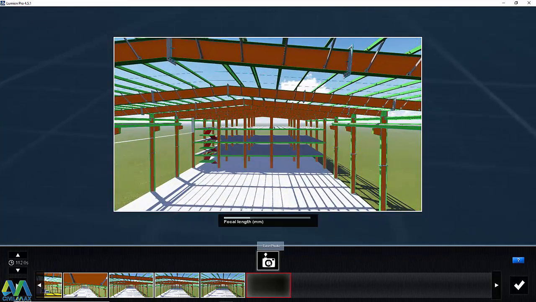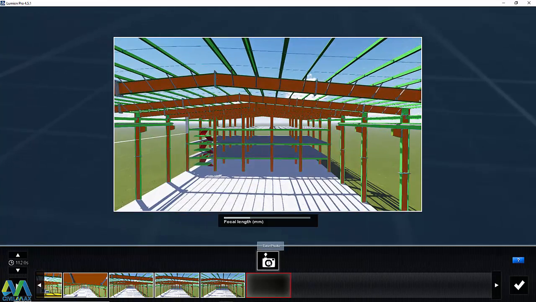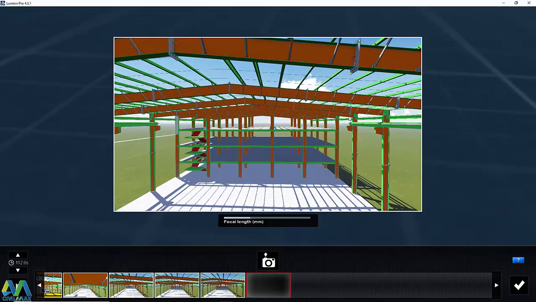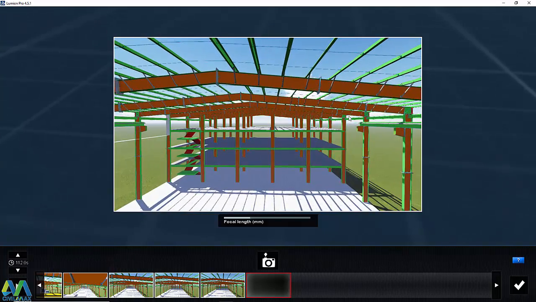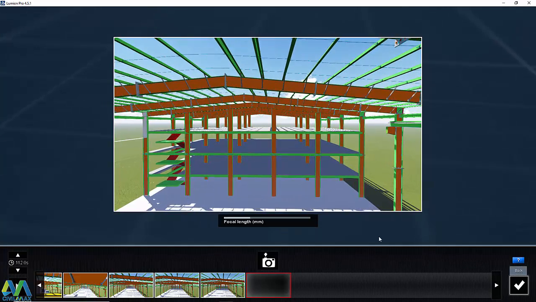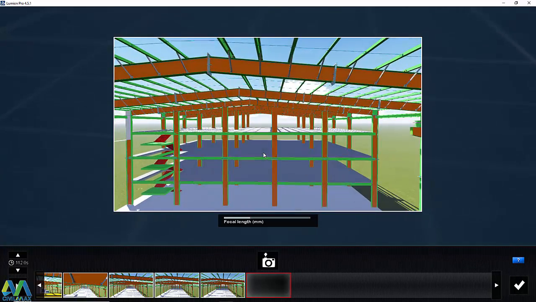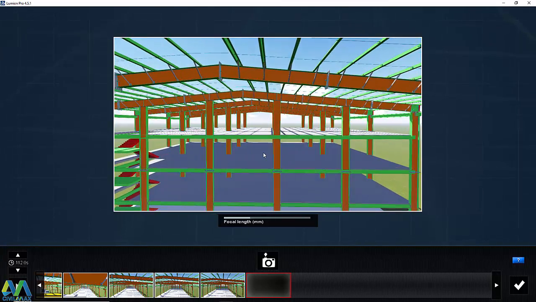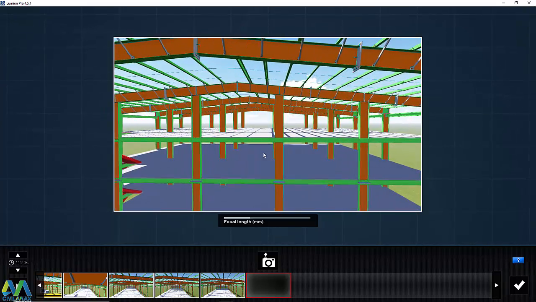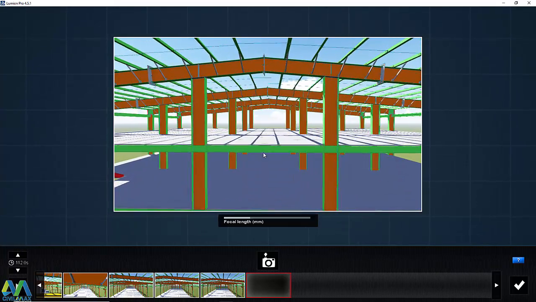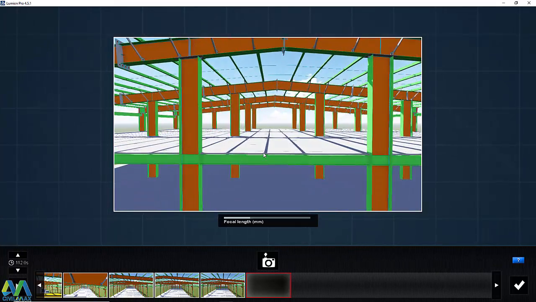So once you're satisfied with the position that you wanted to see, or if you're satisfied that all the sections of your model have been shown, then you can click this tick to give an okay that you've collected all the positions, and you want to make a very nice clip that you'll be sharing with your client to show him how you are capable of reaching this stage and how you can show this